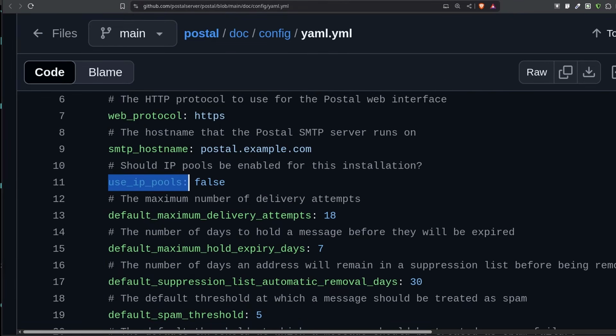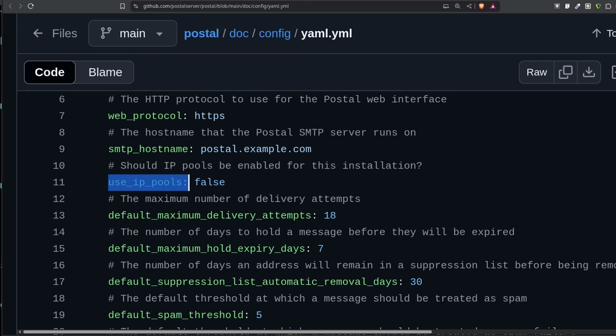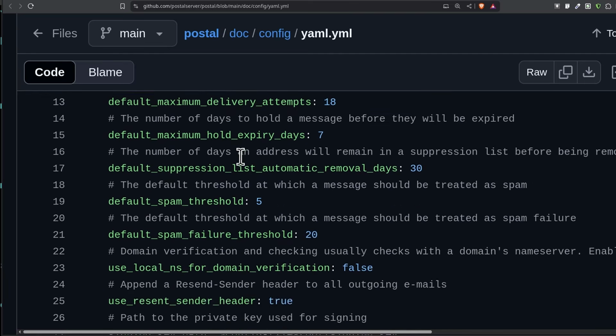IP pools, that's something that I want to enable, and it is under postal. Control-Shift-V. IP pools true. If there's anything else you want to enable, you can do so here.